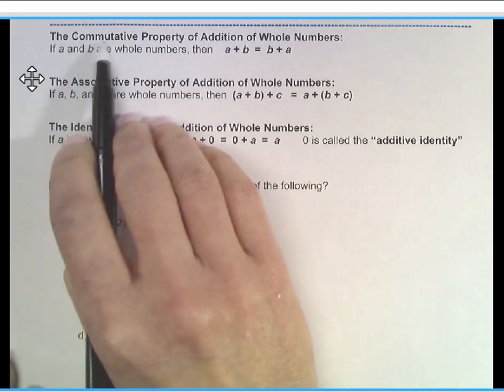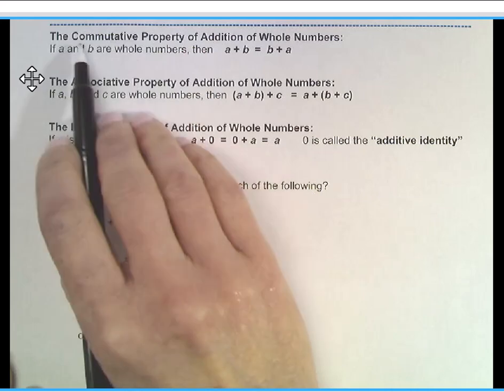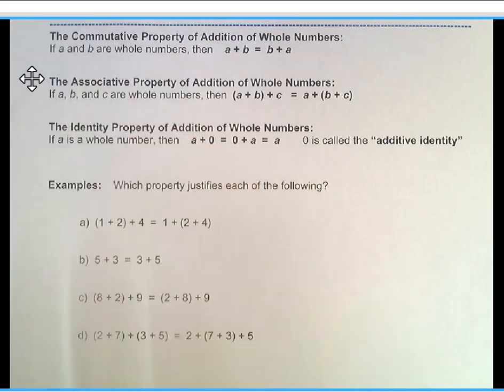And notice there's no N. It's not commutative, it's commutative. Like when you commute, that means you travel, right? You move from one location to another. So the commutative property says that the numbers you're adding together can travel or change location, and you'll get the